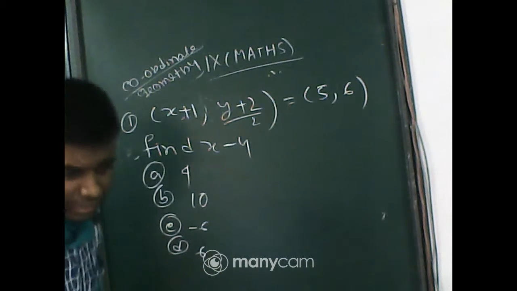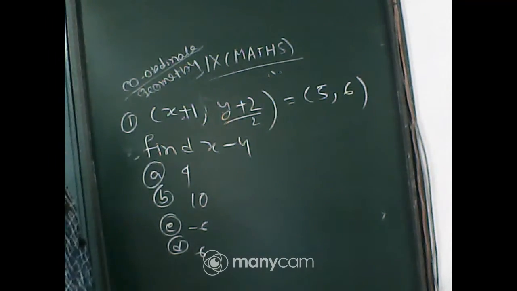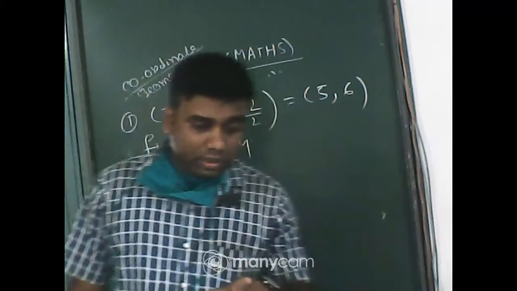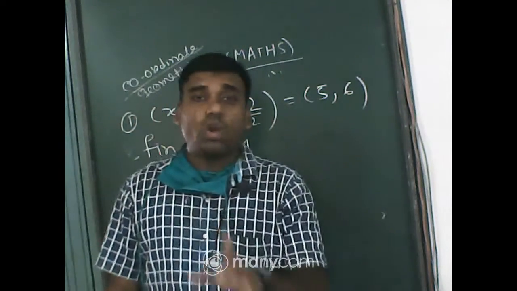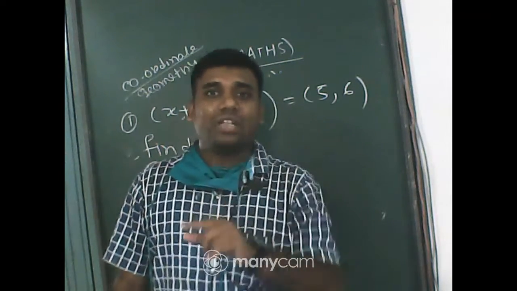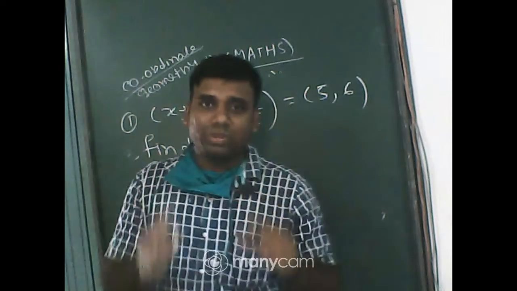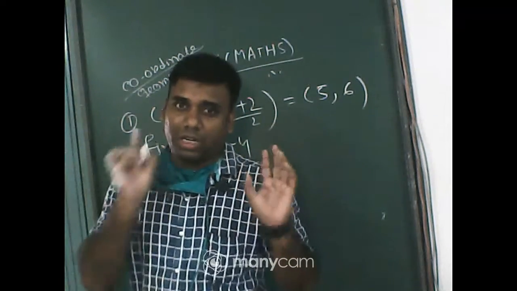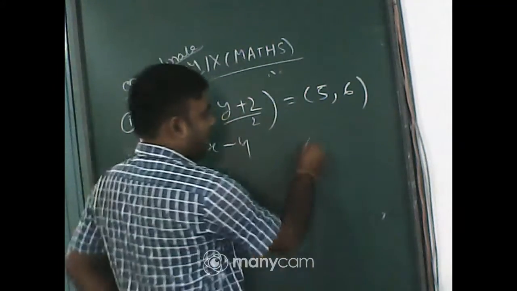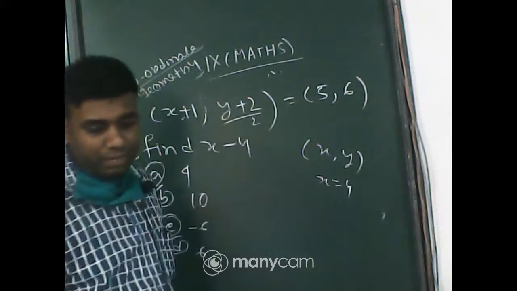Which one is the correct answer? Yes, it is right. (2, 4)? No, Sweet, that is not right. In (2, 4), the coordinates are not equal. The x coordinate is 2 and the y coordinate is 4. They are not equal. I have told you that for every point, the coordinates x and y should be equal. X should be equal to y. Okay, beta.